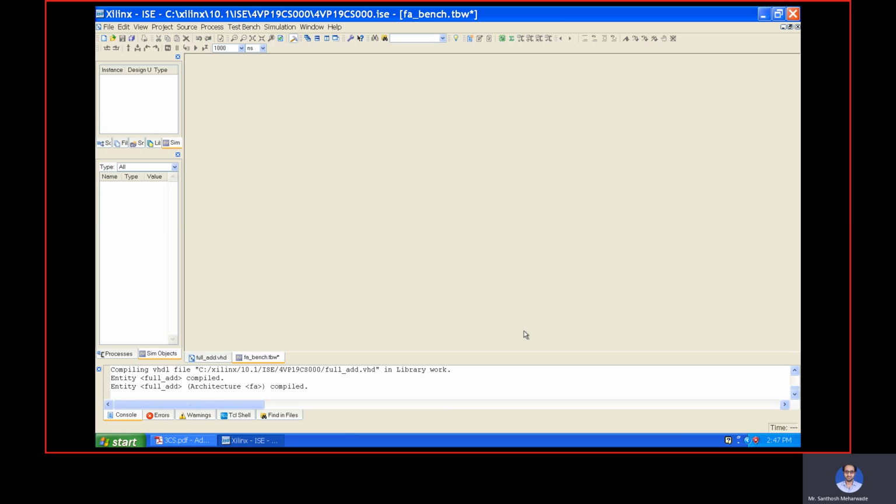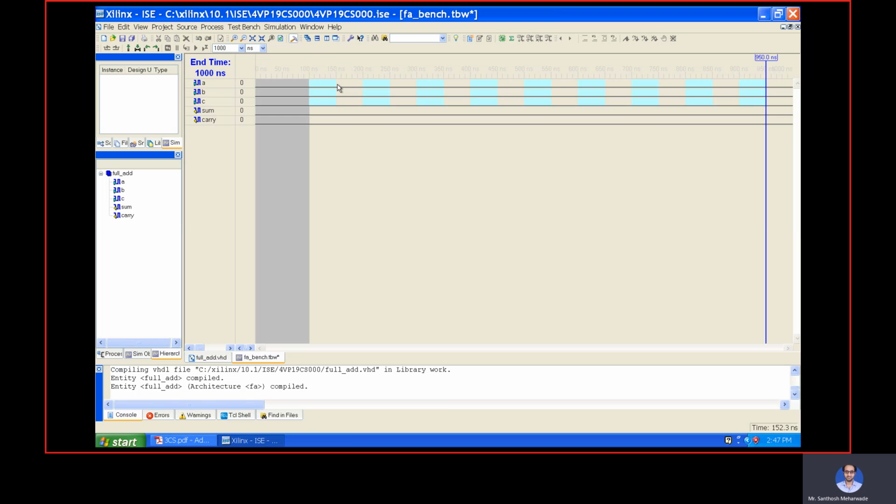Finally, Finish. Now you can see that we have three inputs. Three inputs means how many waveforms in total? We have to give 8 input combinations, that is 2 to the power 3.